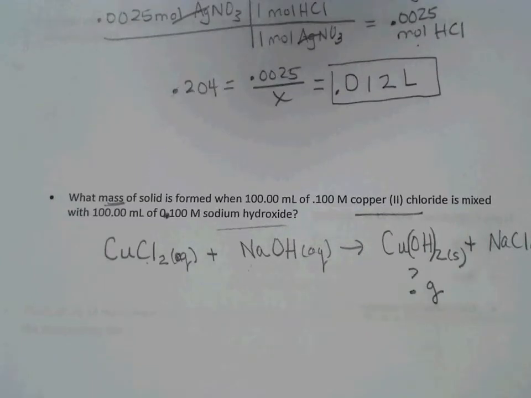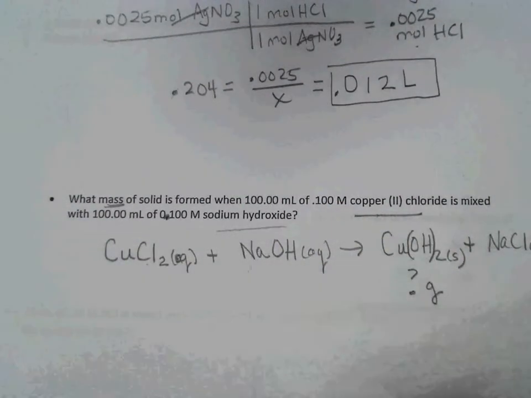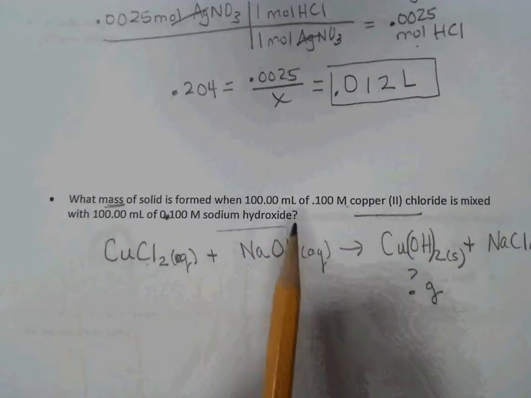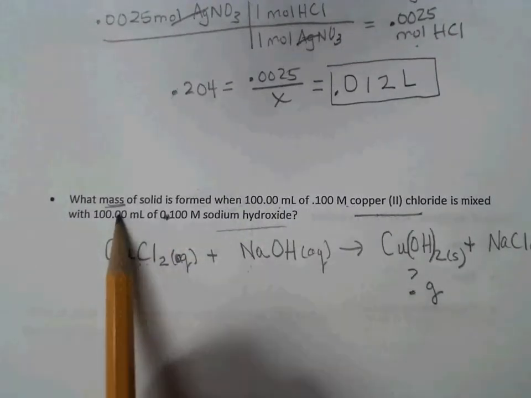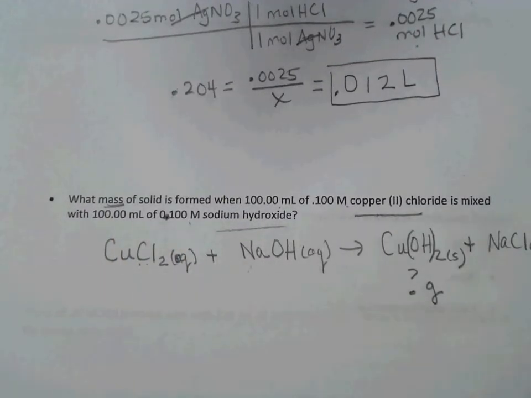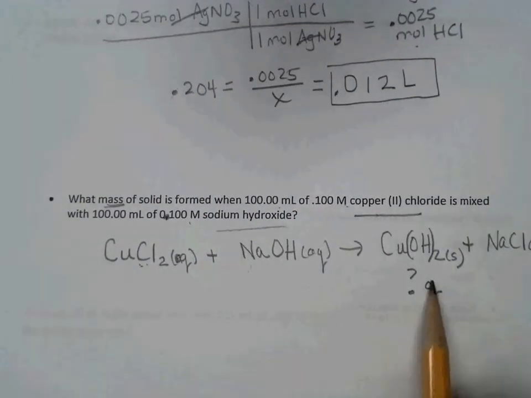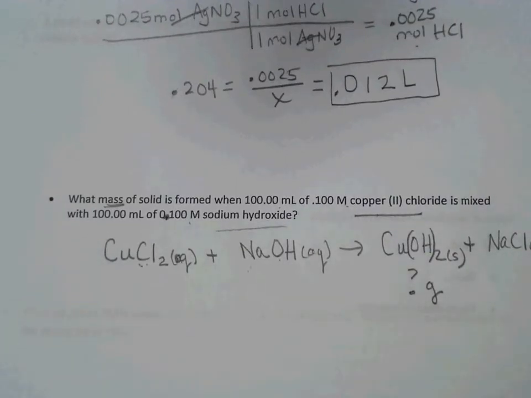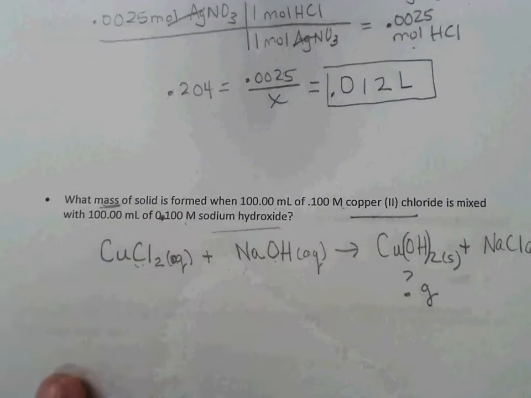Now, I gave you some simple numbers to make this one, even though it's several steps, they're easy steps, because look at all these ones I gave you. Y'all see all those ones? Okay. It gives me molarity. Remember I said you're going to see molarity and volume a lot. I can use molarity and volume of this to find moles, and I can use molarity and volume of this to find moles. Right? And then I can go from moles of this to grams of this using my picket fence. And it's not even as many steps as gram to gram, right? Okay. So let's just,